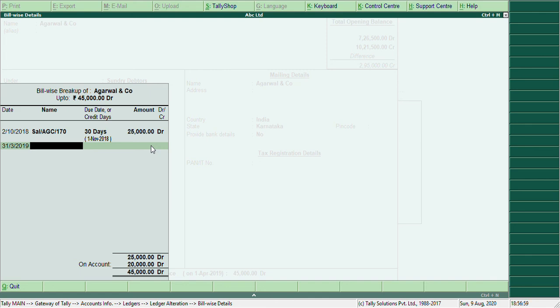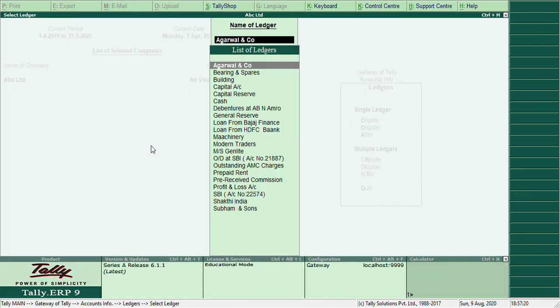Next, last bill, sale slash AGC slash 274. So we have entered all the bill-wise details.